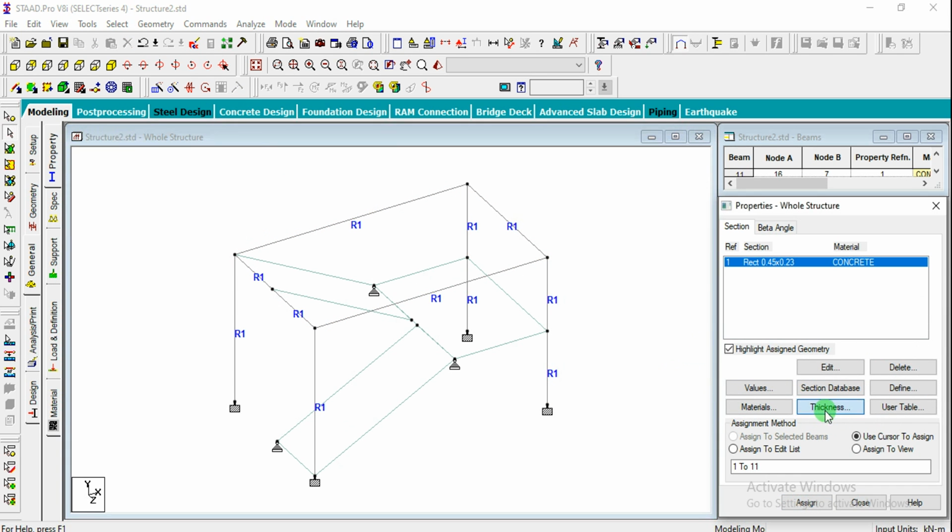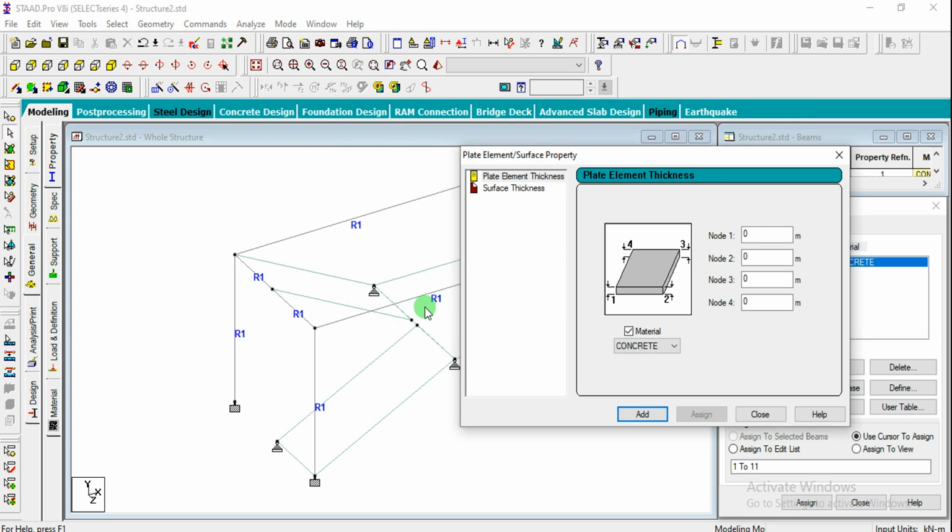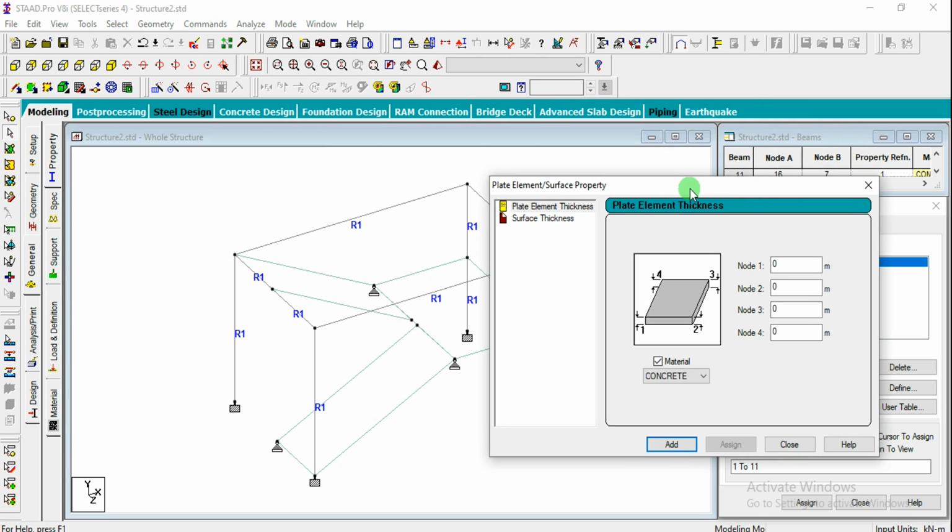Similarly, if you want to create the slab, that is the base slab and mid slab properties, you have to click on this thickness as we saw in the slab video and define the thickness. For landing, I want to define it as something around 0.25, and okay, add, and for this one I want to define 0.275. Click on add and close.